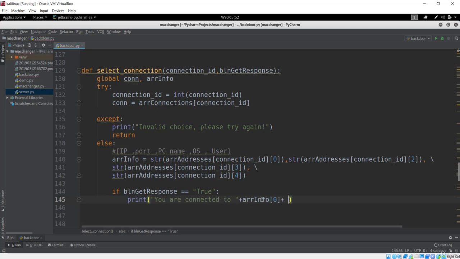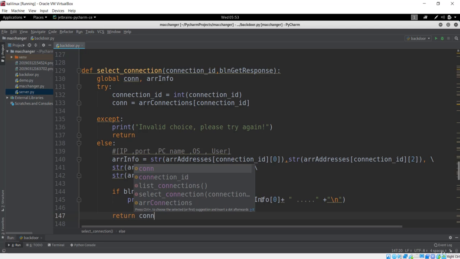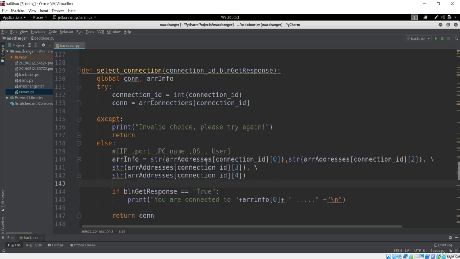And let me just give some spaces here and some more spaces, and just format it with the \n. So if the responses is positive, we'll just see that, and we'll just return that connection. So this will be our select connection method.